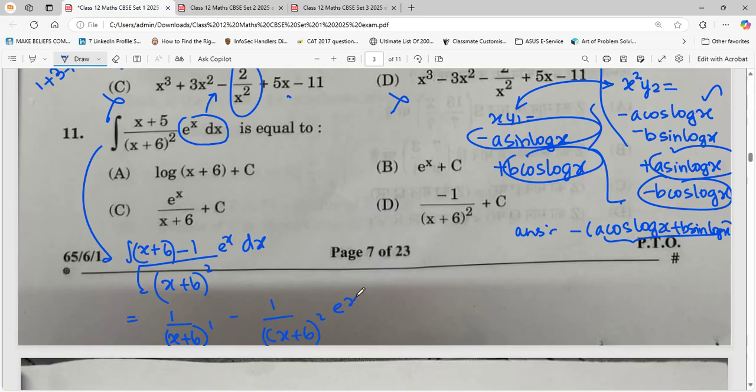There is this e power. So which one acts like f of x and which one acts like f dash of x? If you take 1 by x plus 6 as the f of x term, this acts like the f dash of x. So the answer will be e power x into f of x. So the answer should be e power x times of 1 divided by x plus 6. So the option that